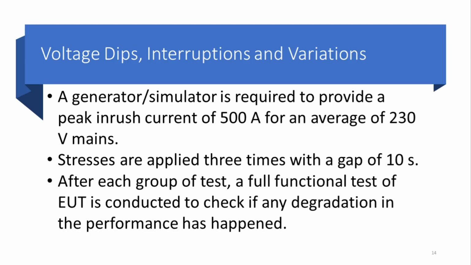The test setup includes a generator that simulates the voltage variations connected to the EUT via good quality, low EMI cables. The generator simulator is required to provide a peak inrush current of 500 ampere for an average of 230 volt mains. The significance of inrush current lies in the fact that it is often the biggest factor that causes serious damage to electronic systems as far